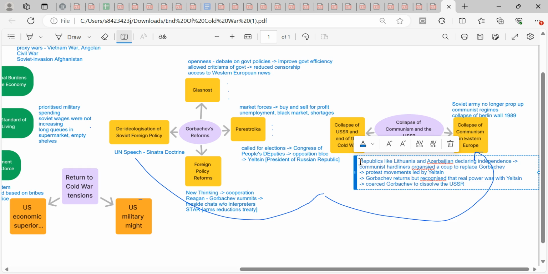There were talks to have a Commonwealth of Independent States, where they would still coordinate and whatnot, but that wasn't the priority at that point of time. By then, Gorbachev had no real power. He stepped down as the General Secretary of the Soviet Communist Party, and Yeltsin went on to lead